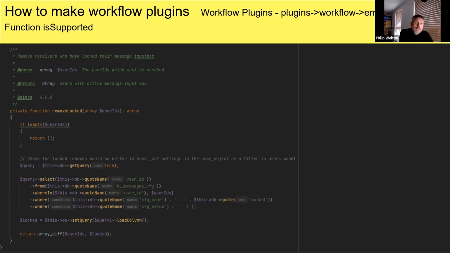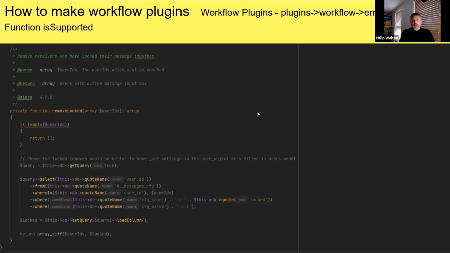The other really nice thing about doing it like this is, if you decide to take my email code, build your own one, and then install that, you just uninstall the one that will be in Joomla 4.2, and yours takes over, and you can be as fancy as you like. So it's a really nice, simple plugin to extend, to play with, and to learn more about workflow plugins.